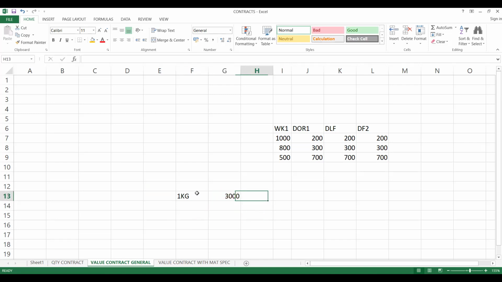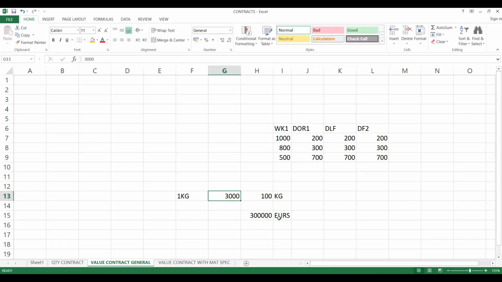Suppose it is 100 kgs worth of the value. That means equal to this value into this. How much? This is 3 lakh, okay? If I say 3 lakh euros,